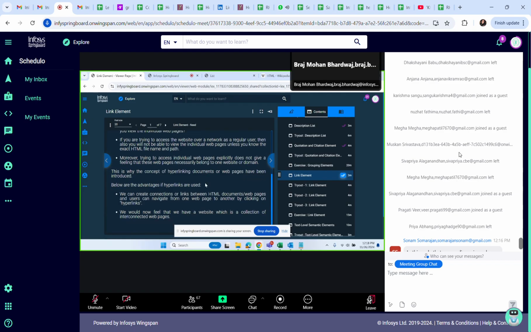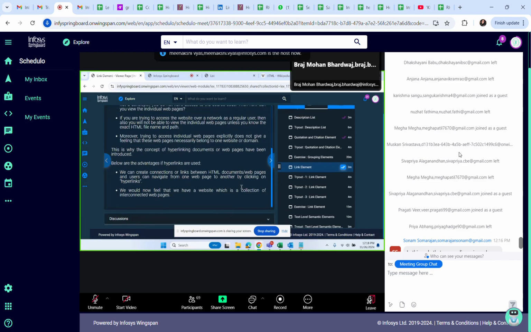There are multiple pages inside a website, for example the login page, home page, search page, profile page, and in an e-commerce website you will find cart, payment options, order history and many other pages. You have to link all of these together, and only then will it be called a full-fledged website.